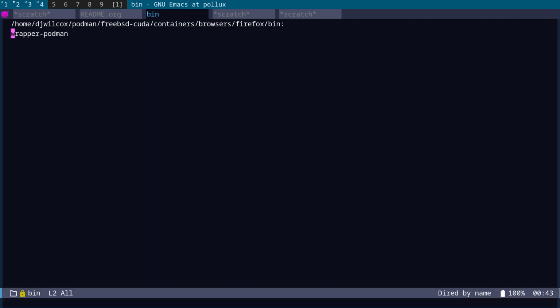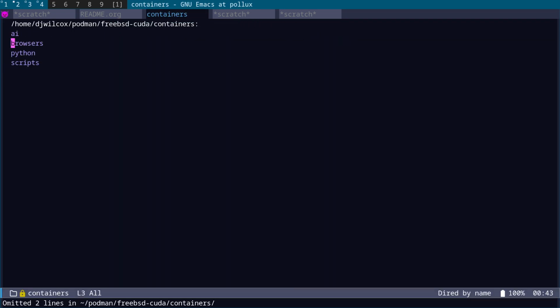So that's the wrapper-podman script. So now what we're going to do is, we've done the script, we've done Ollama, we've done browsers, and now we're going to look at Python. So what you'll see here